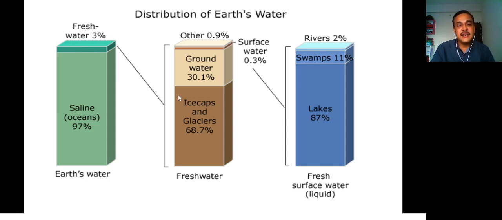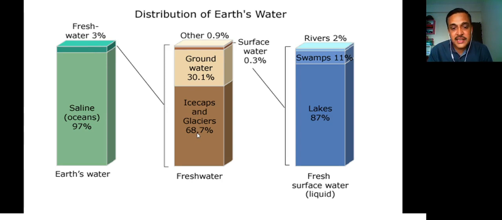Again, in the next bar diagram, or the next column, we are going to study only this fresh water. We are not going to focus on or highlight the 97% of water. We are just talking about the fresh water. So out of this 3% of water, the fresh water,